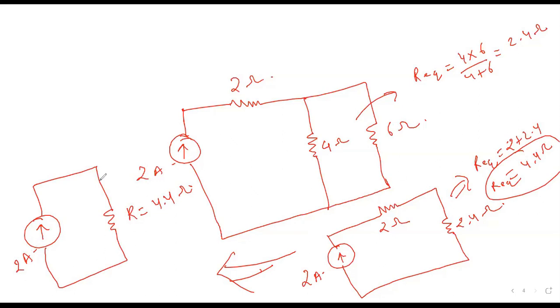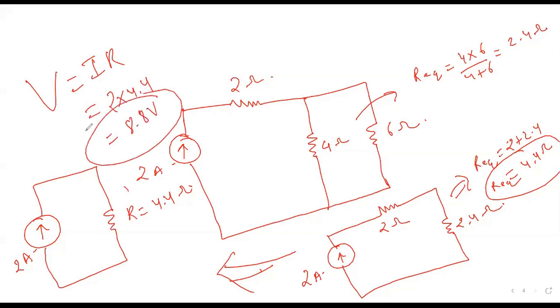So what can we say about the voltage associated with this? Any idea, students? You can just use Ohm's law directly. So what voltage will you get? 8.8. Okay, so a current source is always represented by a current source having a resistance in parallel. So if we want to replace this with a voltage source, we have to apply